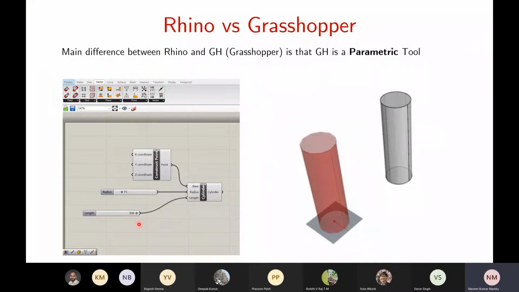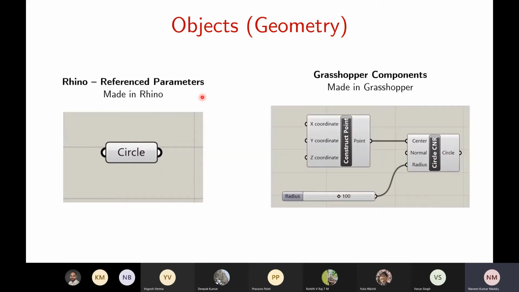So now that you are familiar with this canvas, like this is your cylinder, the radius and length and all. This is the thing that is created through Grasshopper, and this is the Rhino component after baking. So this is your skeleton kind of thing, and then you have converted it into flesh. That's what it is. So there are two objects here. This is how you have created a cylinder by Grasshopper, and you have baked it and put it into the Rhinoceros.